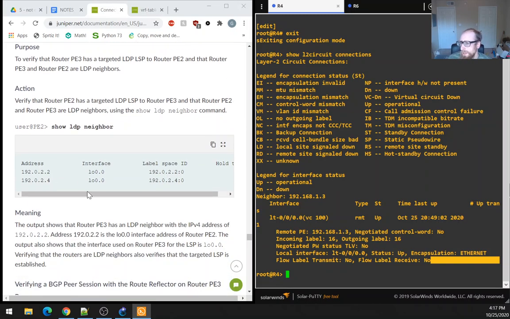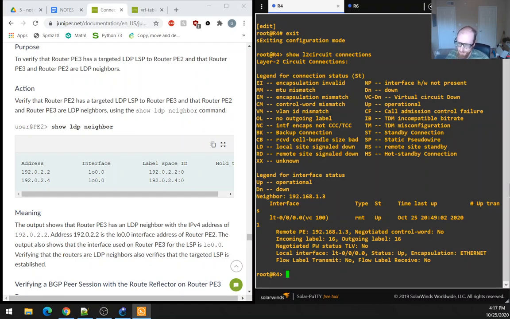The action is to verify that Router PE2 has a targeted LDP, label distribution protocol, LSP to Router PE3, and that Router PE2 and Router PE3 are LDP neighbors